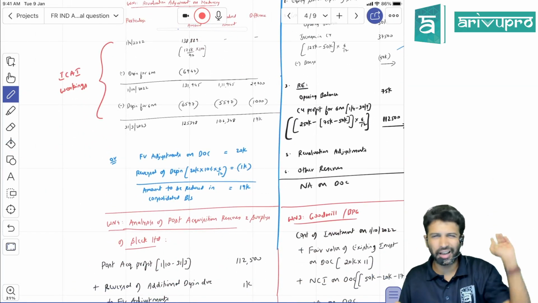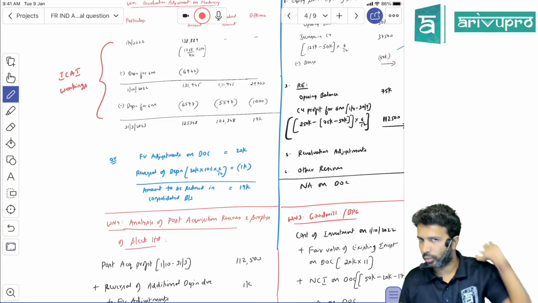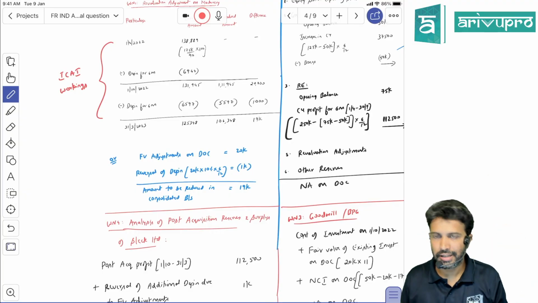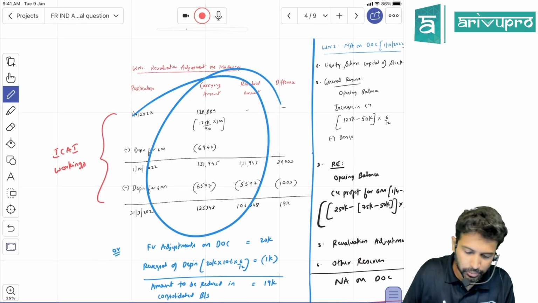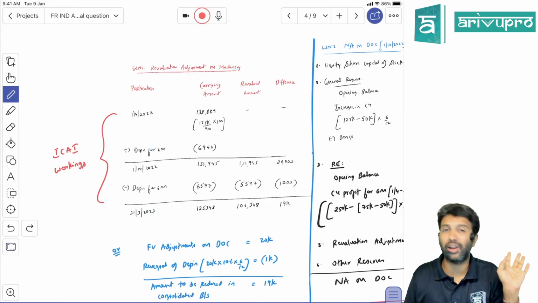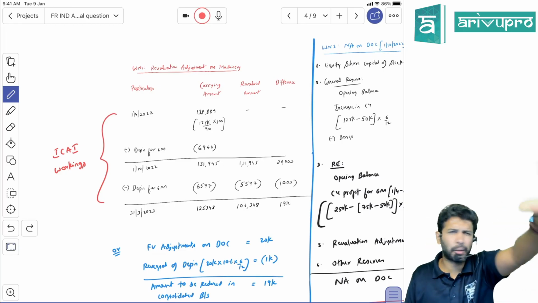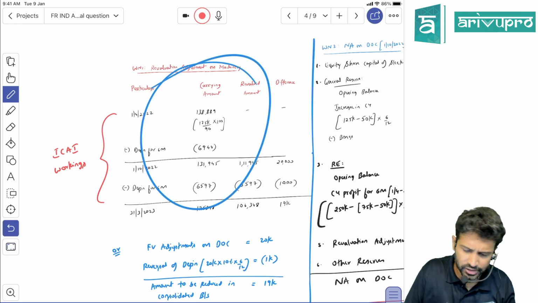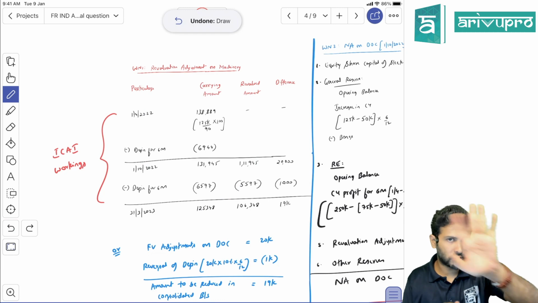If you want, you can put up a working note. I've shown it there only. I've not done here. You can do it. Since we have fair value adjustment, sir, I have tried to solve the same fair value adjustment as like DEF. We have two questions in our ICAI study material only, DEF and Krishna Rama, something like that. Okay, there we used to solve this revaluation adjustment or fair value adjustments like this.